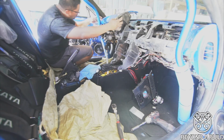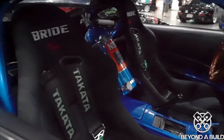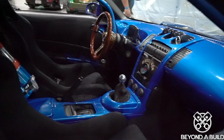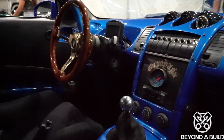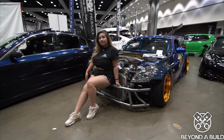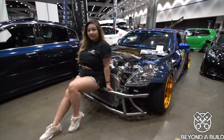For the interior, we had to rip out all the parts, pull out every single piece that I wanted to paint blue, sand it, prep it, and paint it with ColorBond paint. Look at this dash, the center dash. It is blue, looks amazing. The black and blue combination really flows with the overall aesthetics and the goal of this build, which is to